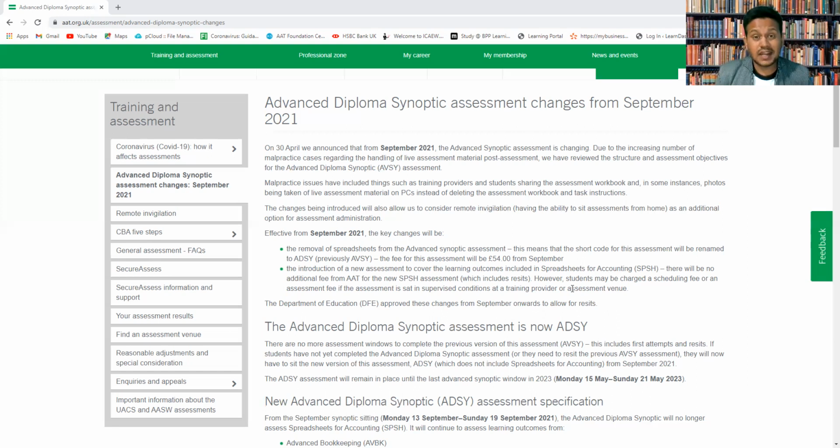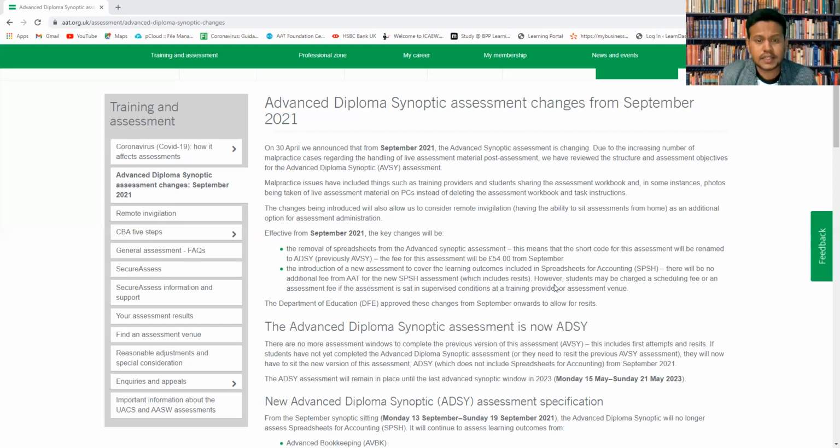Also, if you have done a relevant course that is very close or similar to the Excel, or any previous qualification based on the spreadsheet, maybe you will be able to get an exemption, so you don't have to do the spreadsheet. But remember, if you would like to have the full qualification, you have to complete this spreadsheet, even though it will just say competent or not yet competent. To complete your qualification, you have to pass the spreadsheet paper. But on the overall grade for your AAT level 3, the Excel will not contribute any marks, even if you get 100 in the exam.